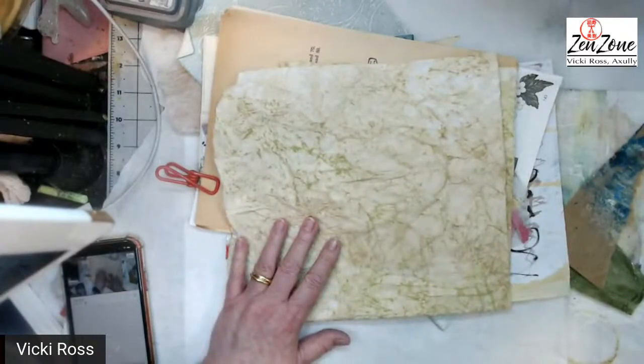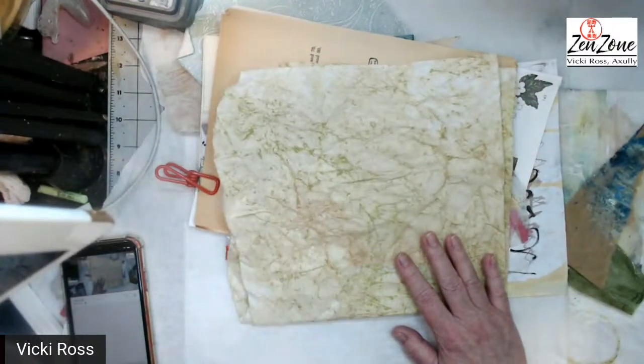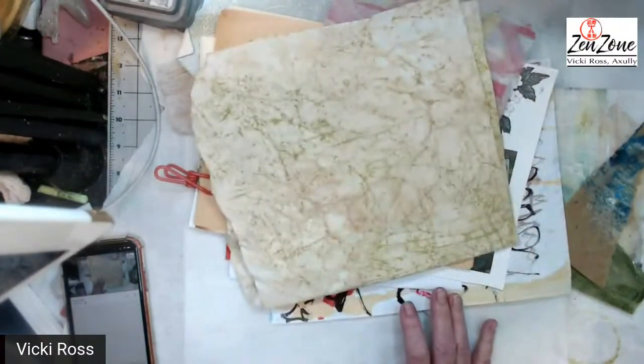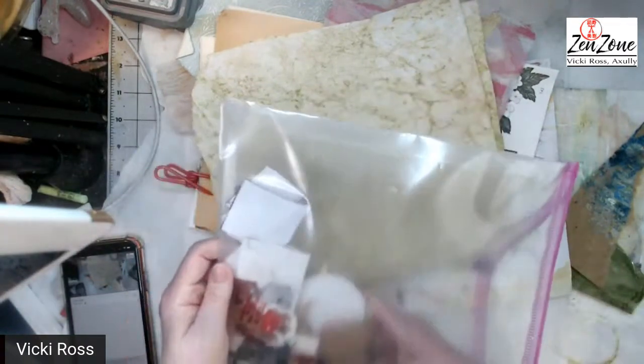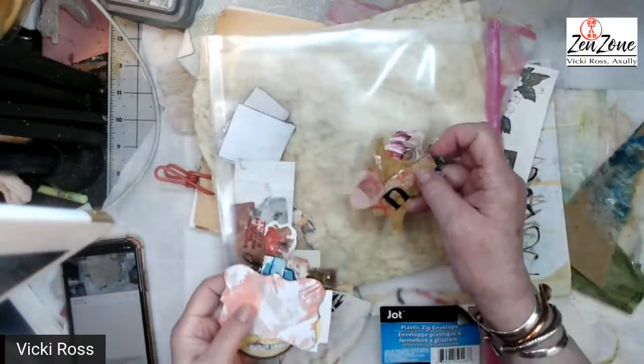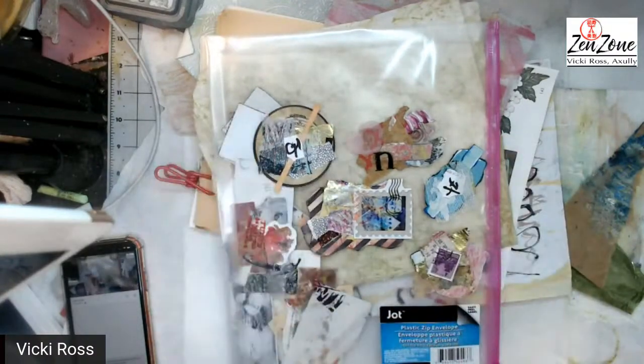Anyway, we're going to make poppers today. Poppers are the little things I showed you and then I put them up. These little precious things, you just make them with whatever is laying around, little pieces and scraps. And then they're great when you put them in